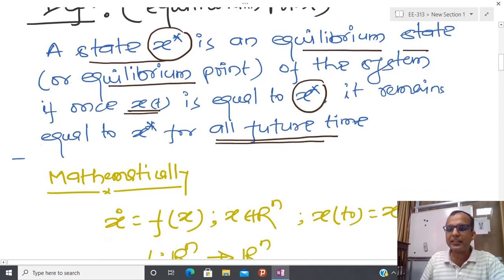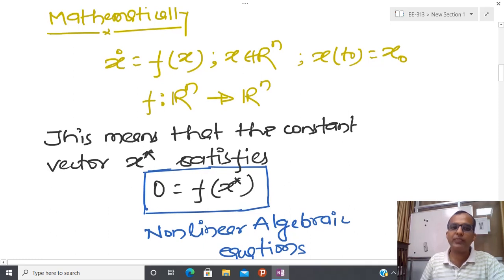Now I have already told you that I have two different classes of system, and obviously I have talked about three classes, that is the forced system also. But I have told you that a forced system can be converted to either an autonomous system or a non-autonomous system. So first I try to see how I can define the equilibrium point. We have already seen the definition, but I have to formulate some kind of algebraic criterion to find the equilibrium point in a quantitative way,